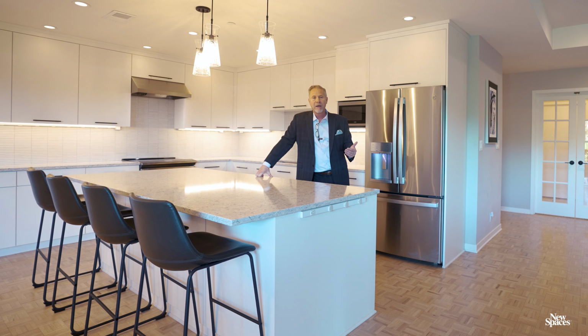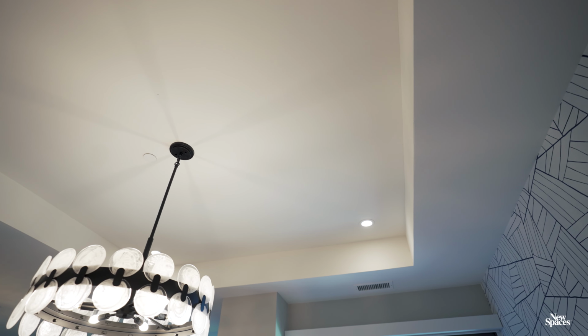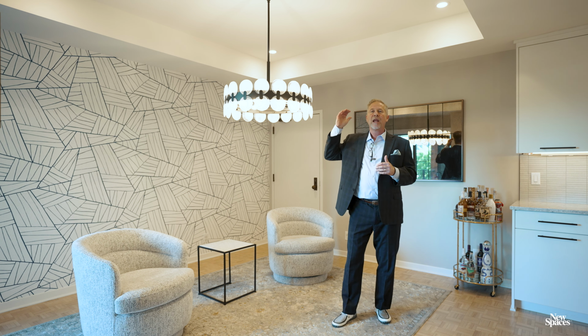A few other items that are important to remember in condominium buildings are systems and structure. In this case, like many other condominium buildings, we're dealing with a post-tension slab construction. We're dealing with an inability to just move things around all too much. Here, for instance, you see our ceilings, you see dropped soffits, which are housing all the systems, electrical, and getting infrastructure from point A to point B. But we use this opportunity also to put in a coffered tray ceiling here, where we actually raised the ceiling all the way up to the post-tension slab floor system